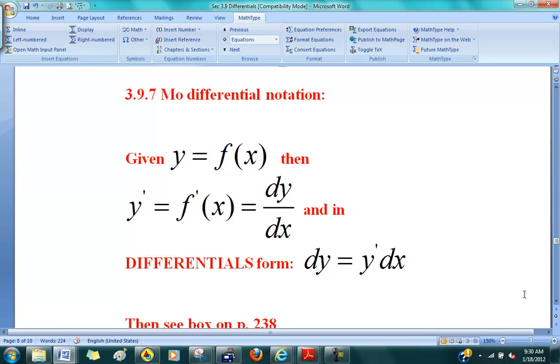This should not be new. It's just a rehash of things, and I'm just giving you more terminology. In other words, differentials are of the form dy equals y prime. This understanding is crucial here. This comes from this here: y prime is equal to dy by dx. And if you treat dy by dx as a